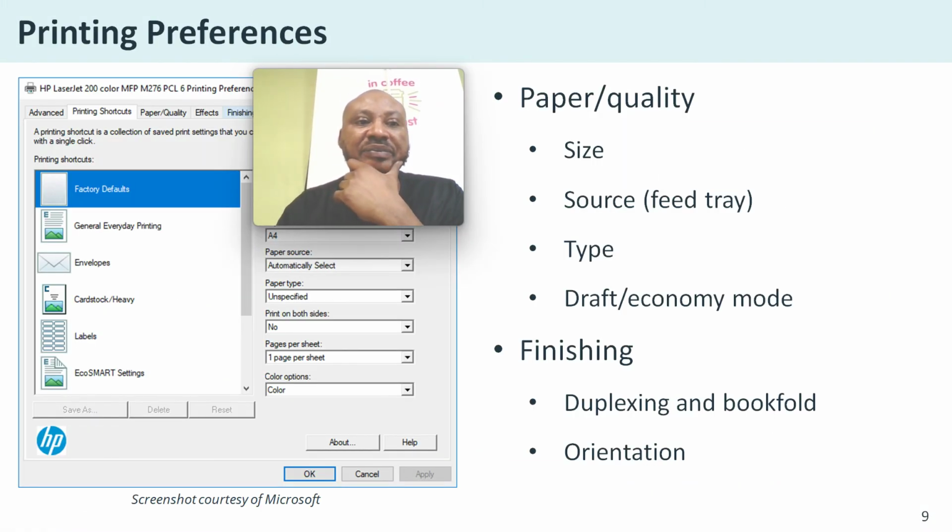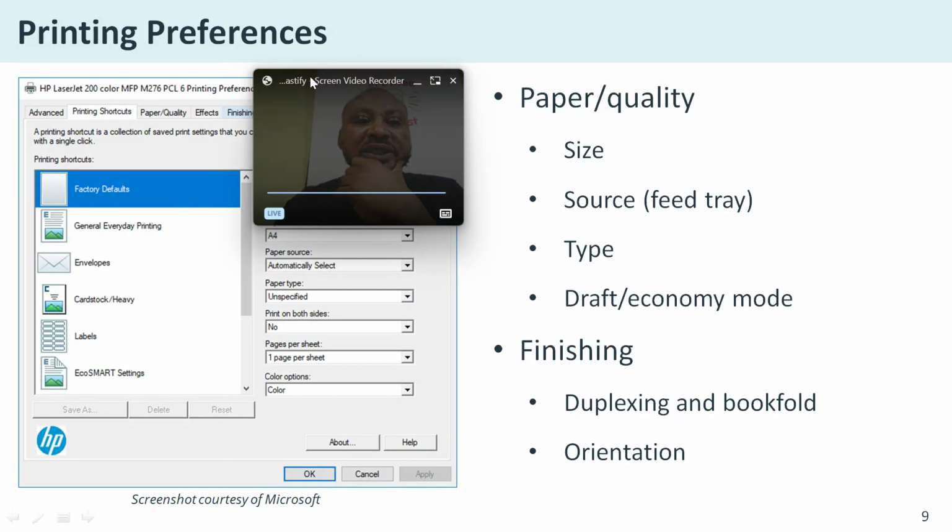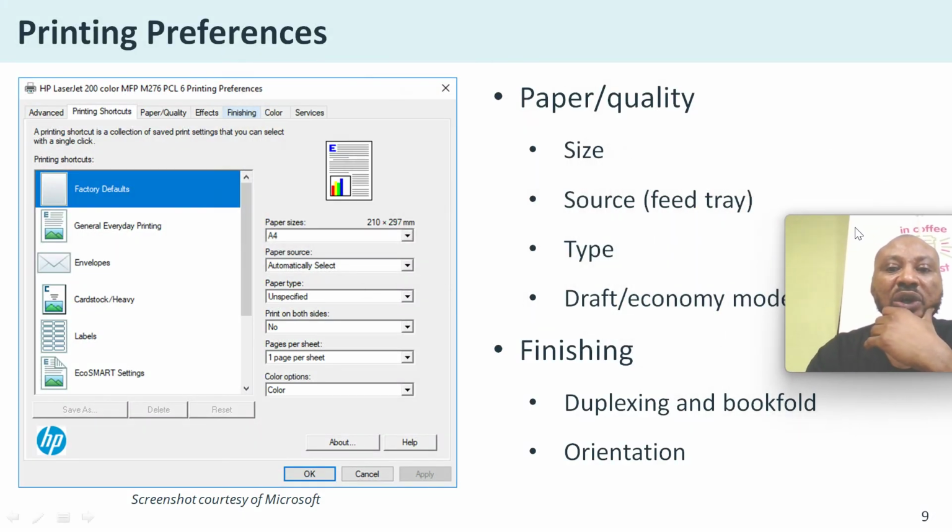Then of course, finally is your printing preferences. When the printer is installed, you have the paper size, and the tray, which is the feed where you slot in the papers. We call them trays. For the size, you have to decide what size paper and the type of paper you are using. Orientation is whether it's landscape or portrait. Duplexing and the finish, like whether it is a book fold paper you are doing. So you can also go to